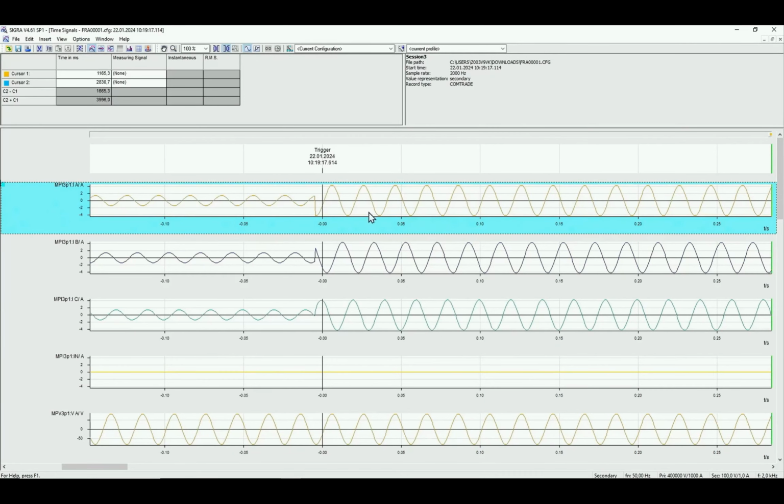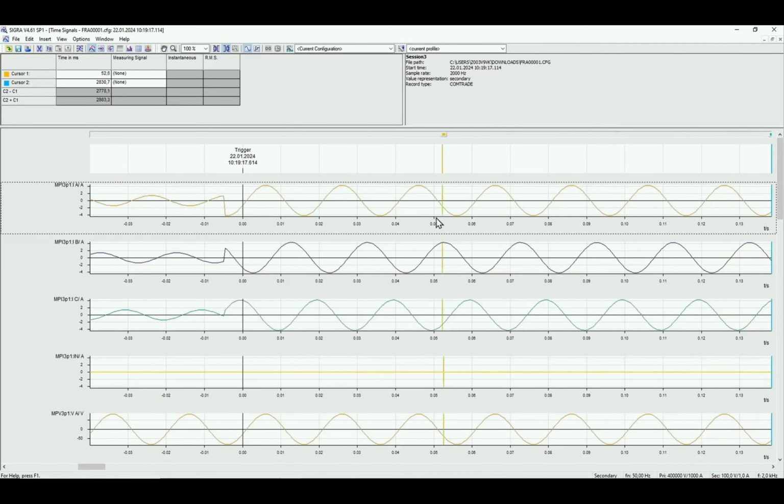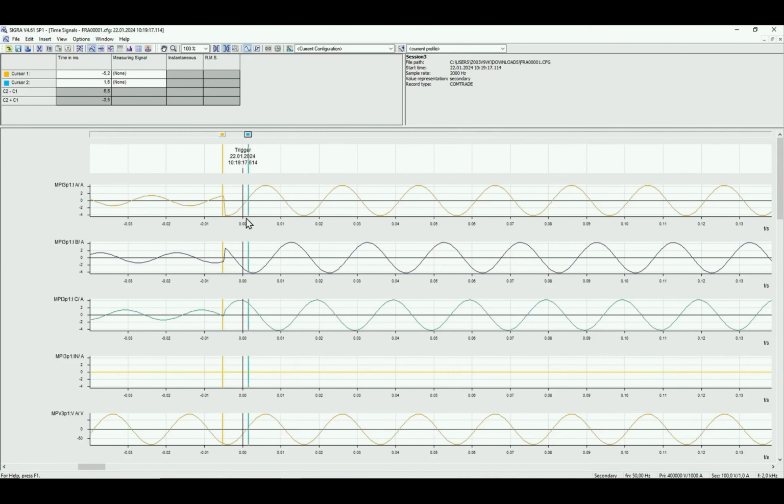And the first thing I want to show you in SIGRA is to measure the time between the fault inception and the trip signal. So the fault starts somewhere here. The trip signal is here. And when we scroll down